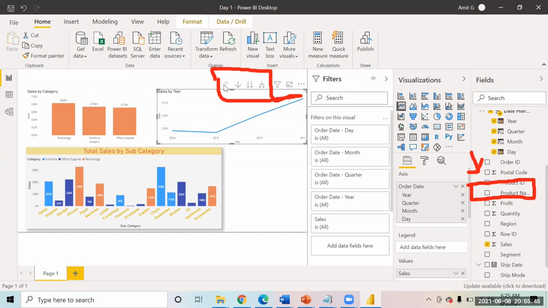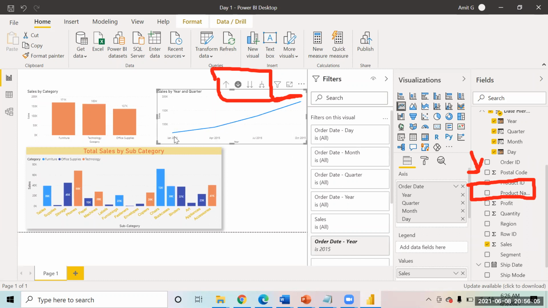So now the other thing that you have over here is this button, click to turn on drill down. Now this is a little different feature, right? So what we do is you click on this first to turn on that feature. Now the feature is turned on. Now if you click on 2015, it will take you to the quarters of 2015 only. So you see quarter one, quarter two, quarter three, and quarter four.